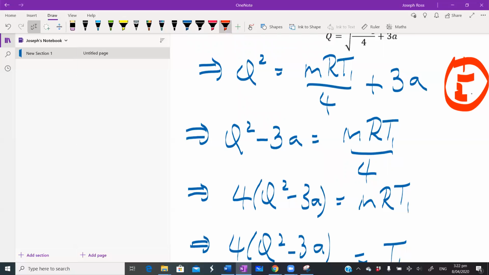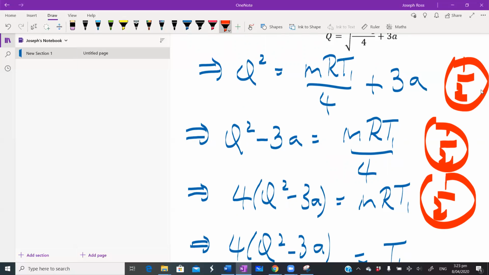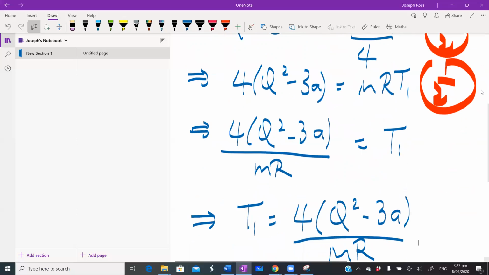So a valid second step, half a mark, and then the next step was to multiply through by 4. If you'd done the multiplying by 4 the other way around, then you would have had a 12A on the right-hand side, and you would have minus 12A, and again that would be half a mark there, and half a mark for dividing through by MR at some point,